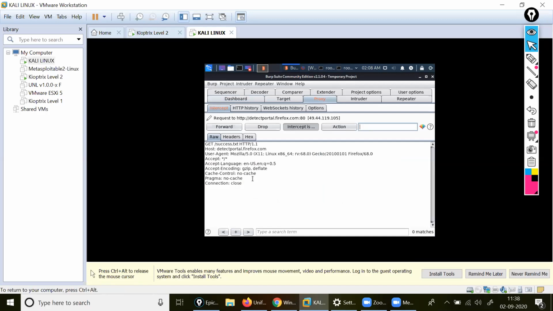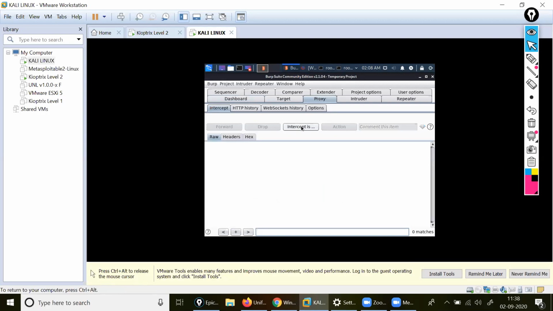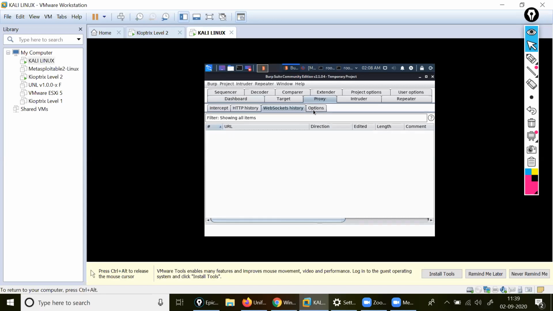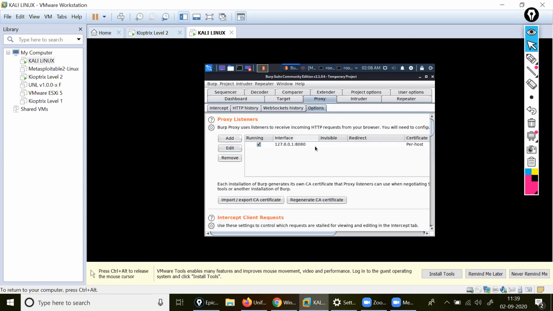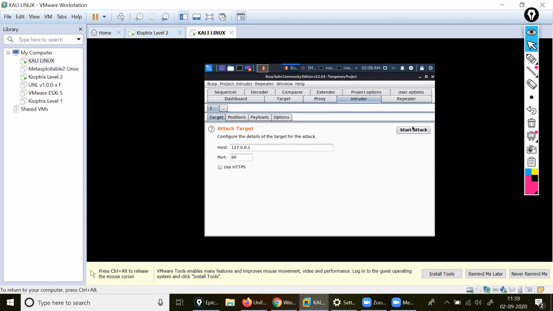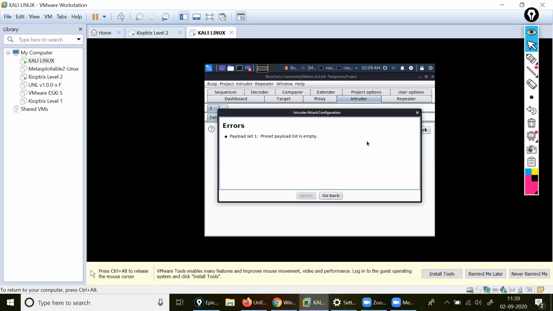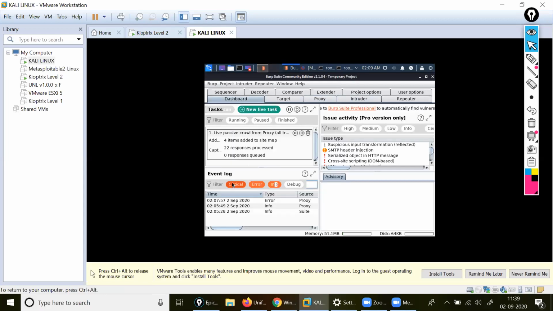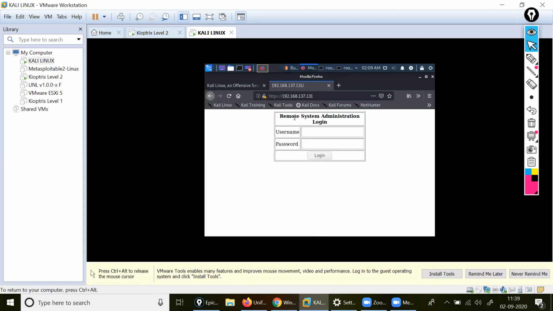See here, inside the proxy, I'm getting for my Firefox forward, intercept. Okay, HTTPS history, options. Just a second. Yeah, it is asking me for username and password, right?